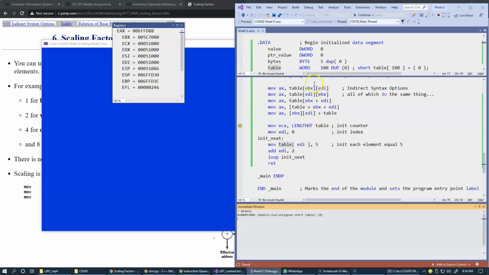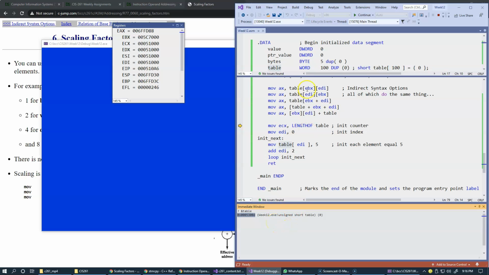Again, what I'm typing is ampersand table, so that's one of the commands that you can use in the immediate window. I suggest that you actually Google Microsoft Visual Studio immediate window and learn other options that you can use in this window. It's a very nice